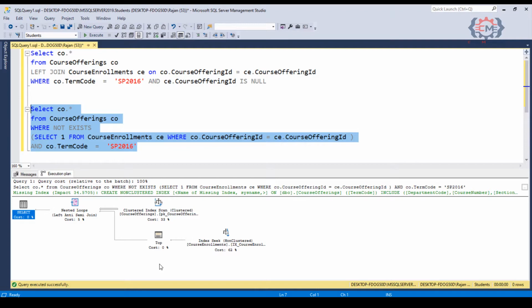But then in the nested loop join, it is able to probe the index looking for any single row that matches the course offering ID number. So, SQL Server doesn't have to read the data for every student enrolled in the course. It is just looking to see if at least one student is in the course, and that's more efficient than getting the data for each and every student enrolled.